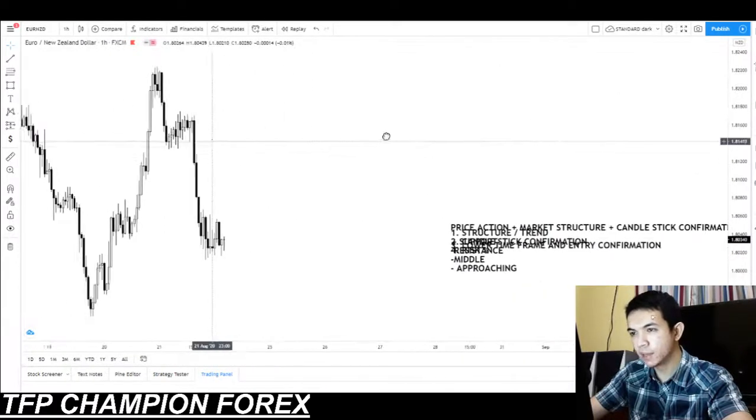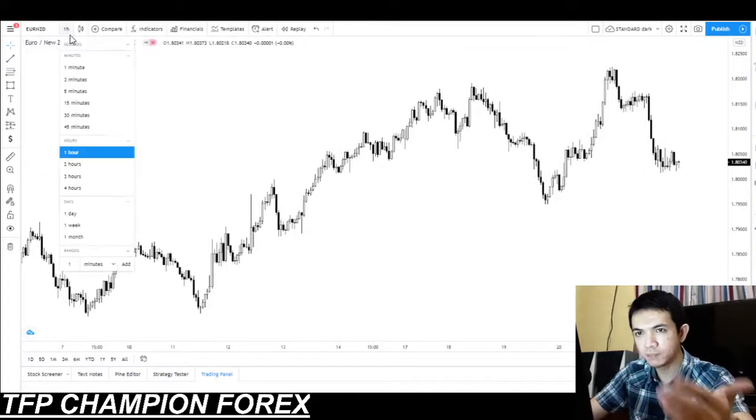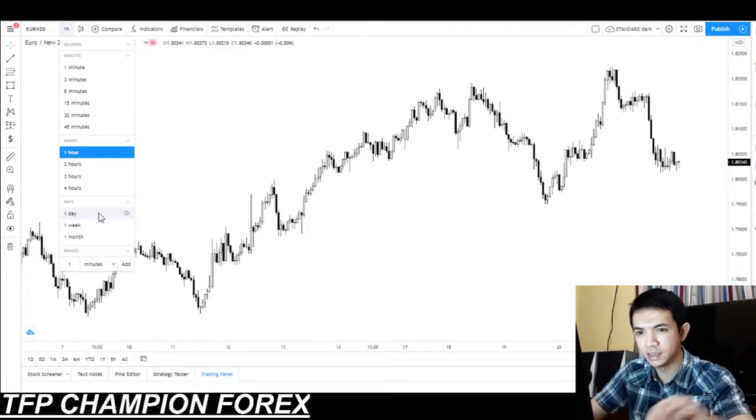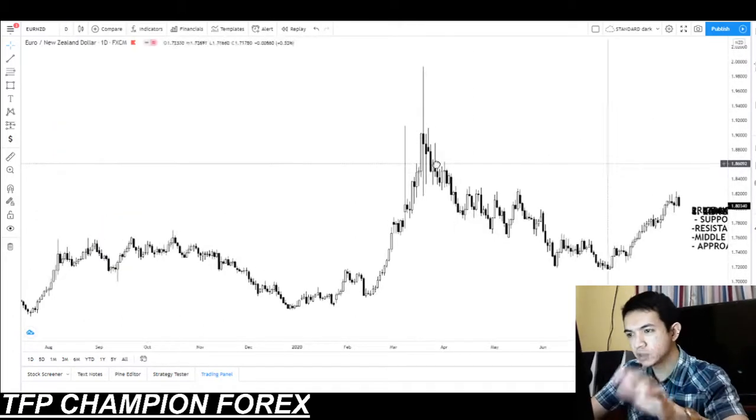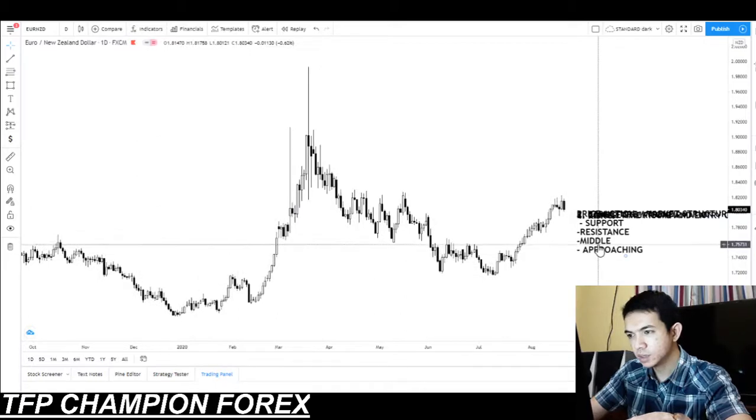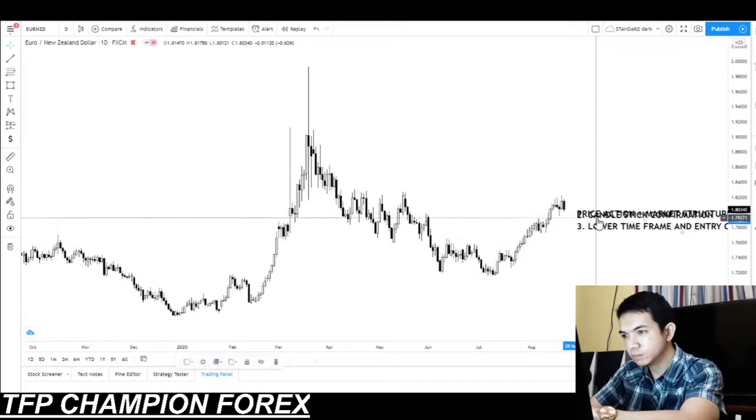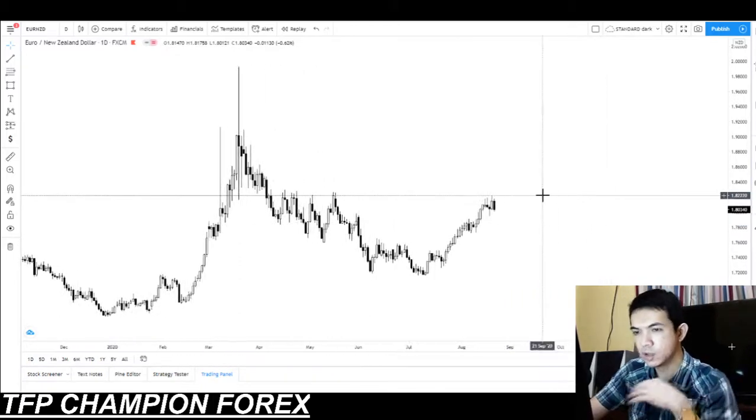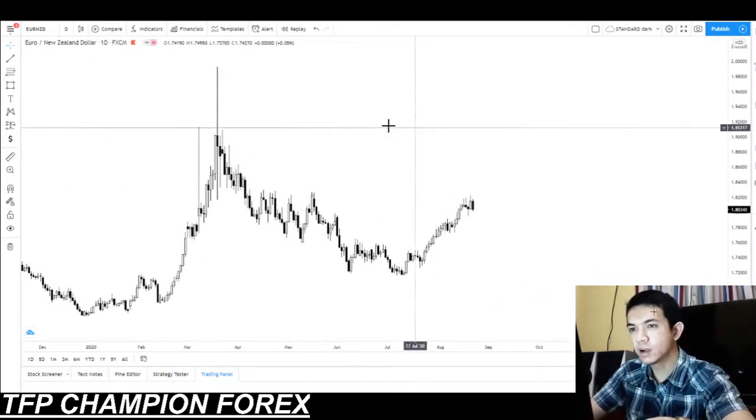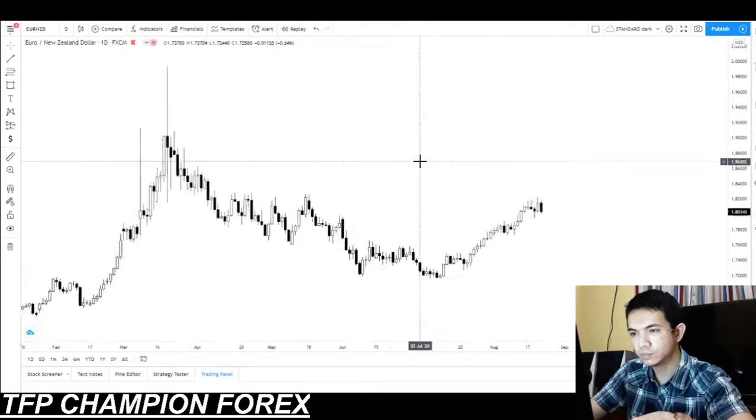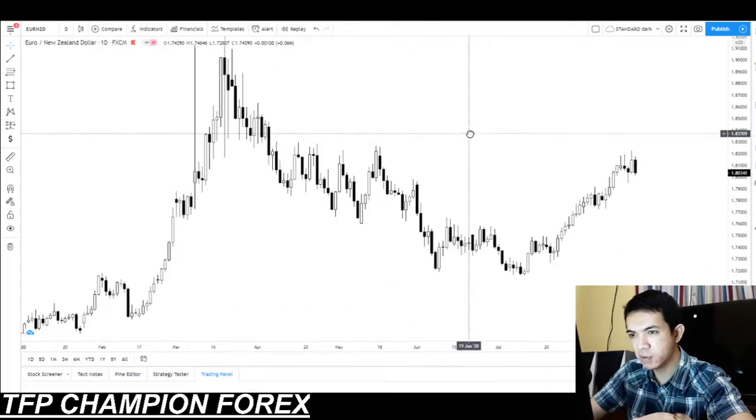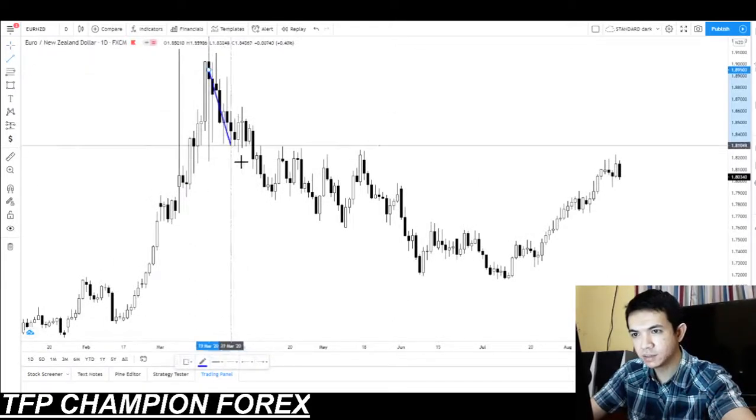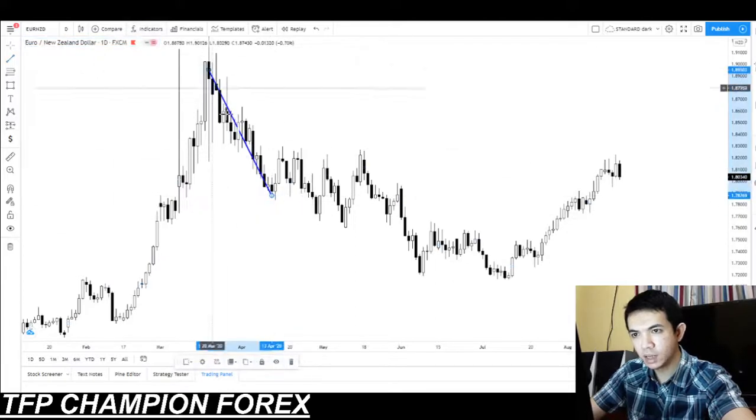So if we will apply this to our trading for now, again, if we're going to analyze this pair, Euro Kiwi or Euro NZD. So again, first, we go to a higher time frame to ask ourselves, where are we at the current market structure? But before that, what is the current structure of the market? So if we're going to analyze this market, we can simply see that the price came from an impulse move down,